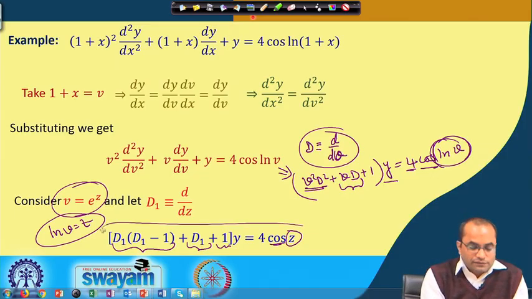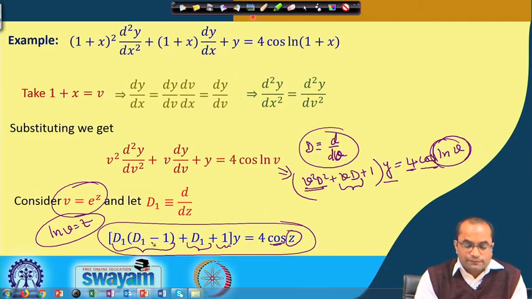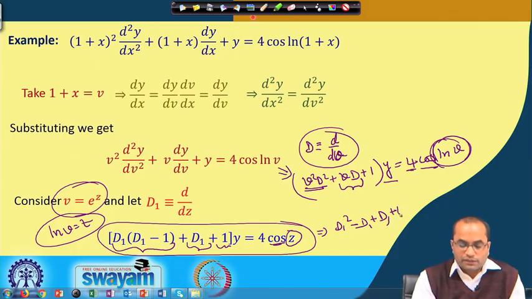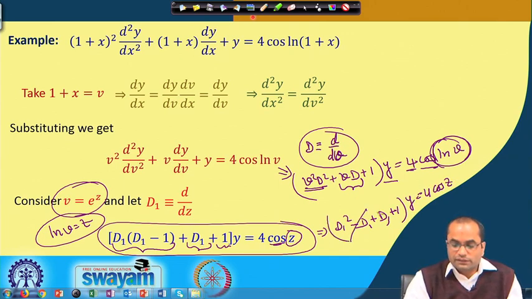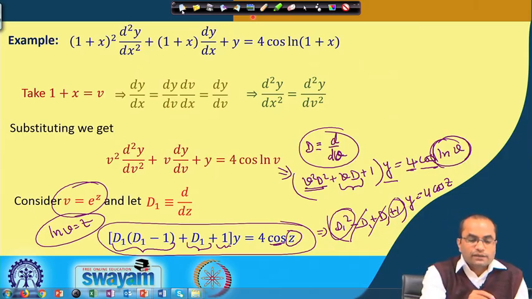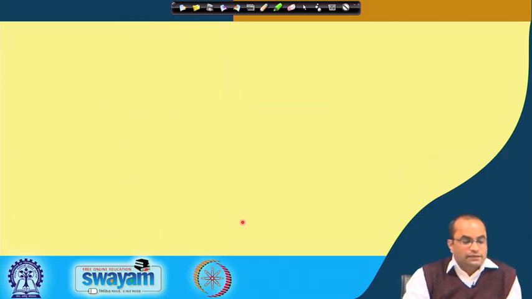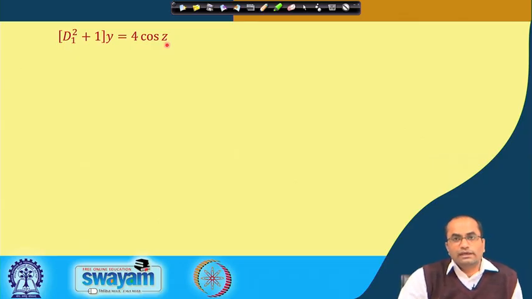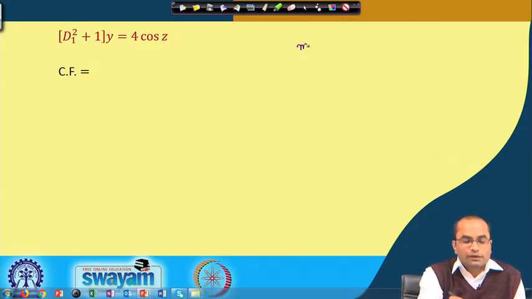So, our new equation now becomes D1 squared minus D1, then we have plus D1 and plus 1, operated on y, is equal to 4 times cos z. D1 gets cancelled and we have D1 squared plus 1 operated on y is equal to 4 times cos z. So, that is the new equation now. The complementary function for this: the auxiliary equation will be m square plus 1 is equal to 0,